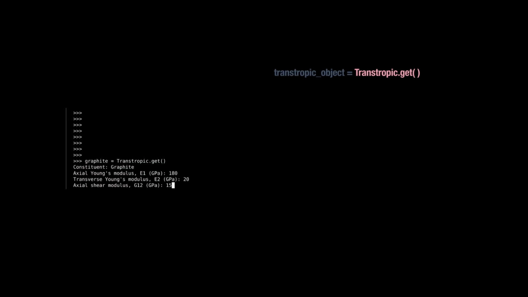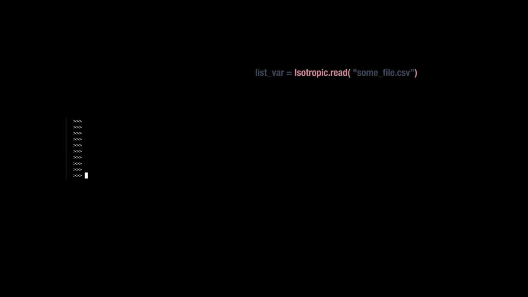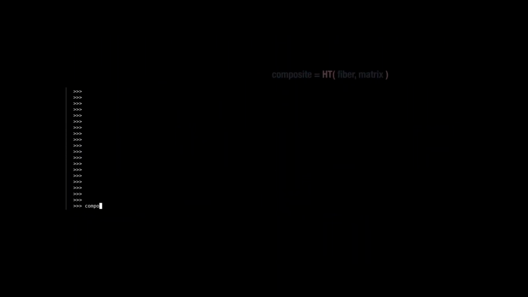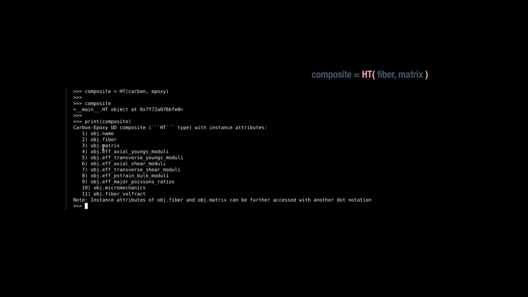We can actually use the getClass method if we want to have interactive user input. And if you want to instantiate an object from a CSV file, we can use the readClass method. Now that we have the constituent materials, we can create our UD composites from the HT class. When we create the UD composite material, it will now have 6 effective elastic properties estimated by Halpin-Tsai,